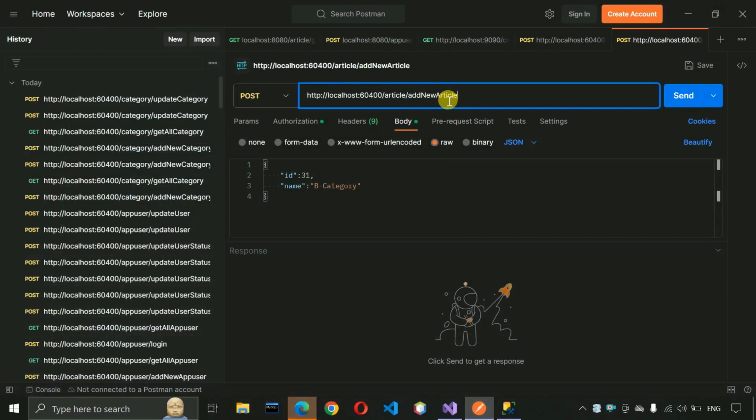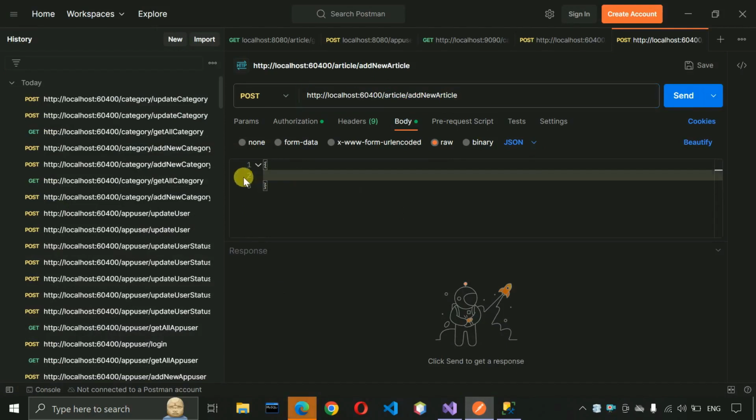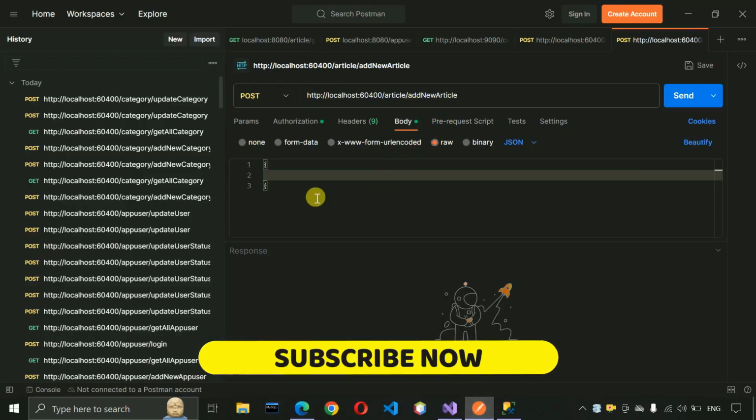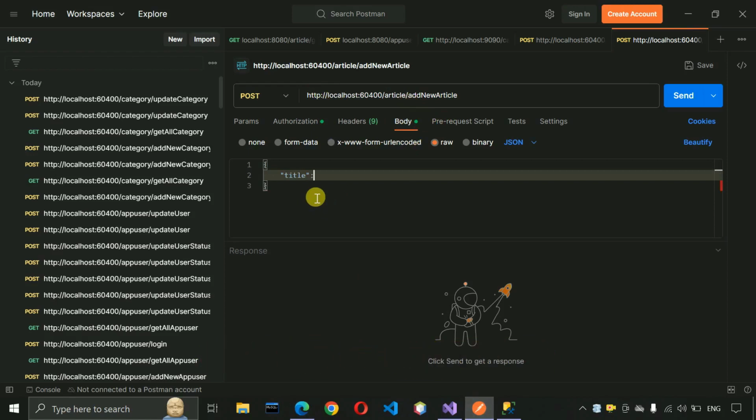Okay, so after that we have to change the details here. Let's remove this one, and let me check the port. Yeah, it's the same port we have to test. Okay, so the first thing is we have to pass the title, and here I'm going to write a test. Then content,